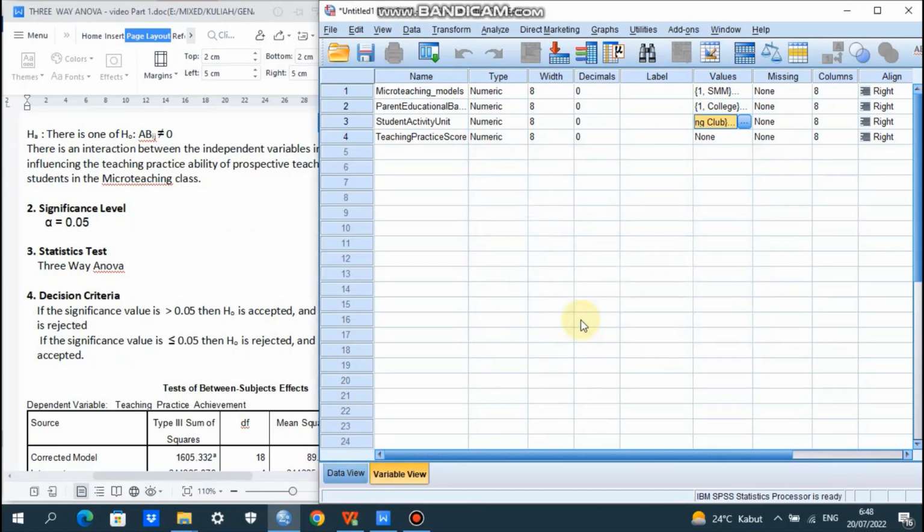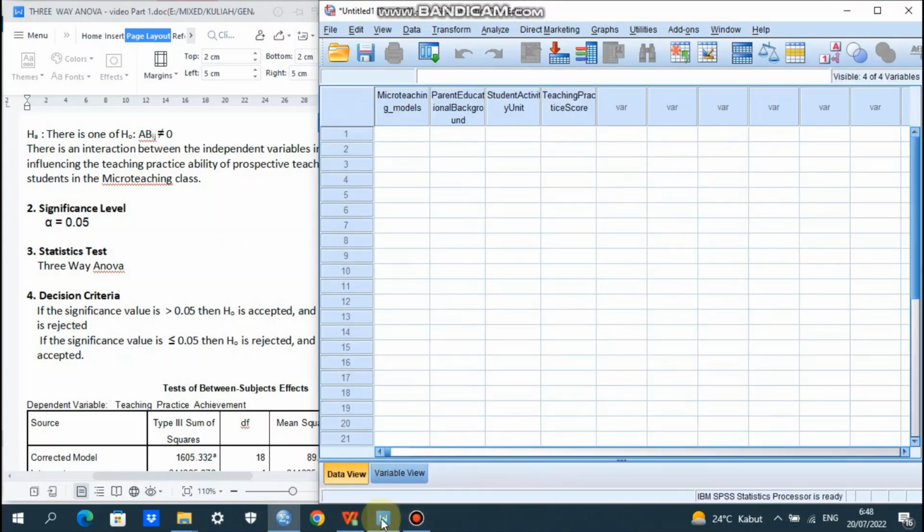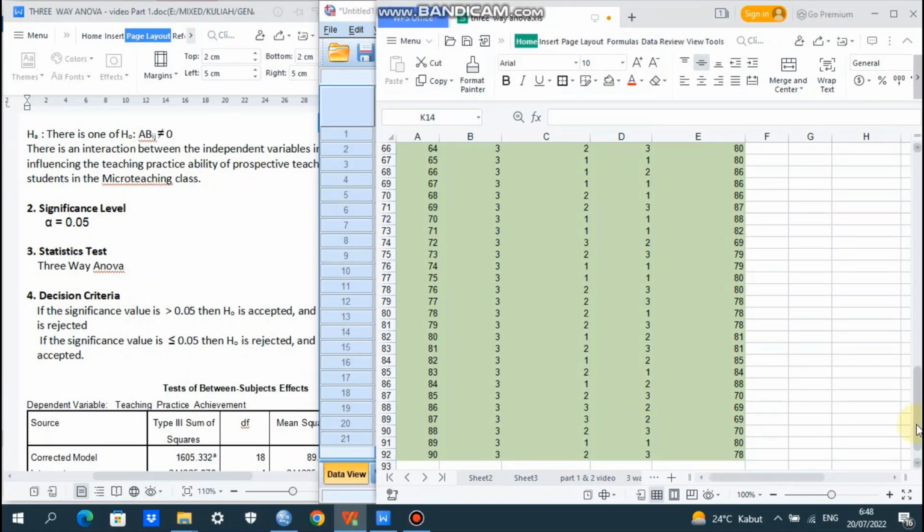Okay. The next, for the measures here, nominal. Okay. So we go to data view. We just copy from your Excel data.